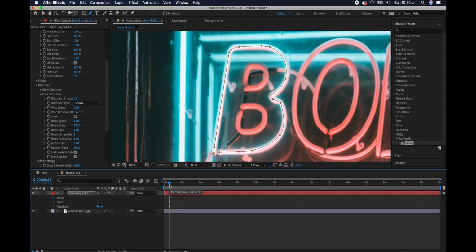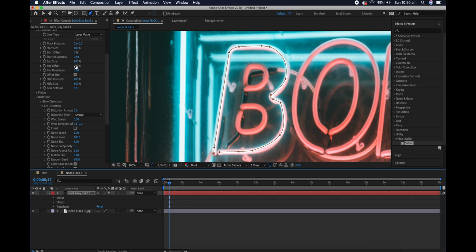This is literally the second time I've ever used After Effects, so I'm just all trial and error here. So, to get it to animate, you want to find the offset. So if I show you here, the end offset, that just means the path. So if we make the end offset 0, and we add a keyframe by clicking here on the end offset at the start, and then we go to wherever we want to finish,